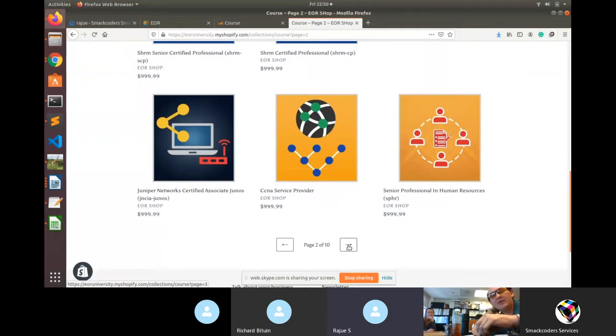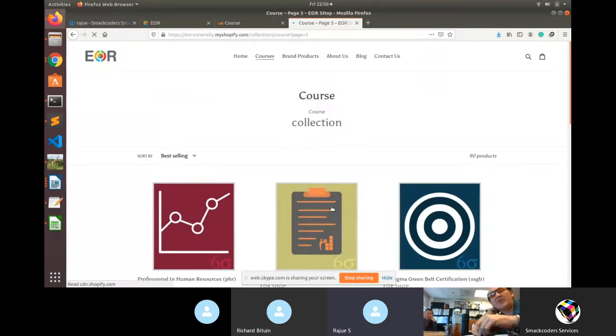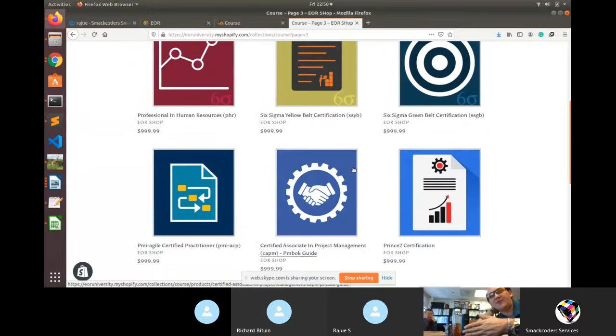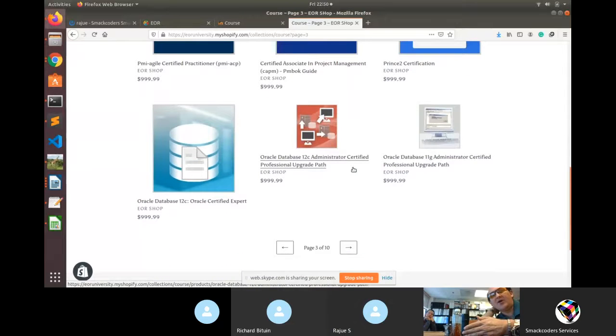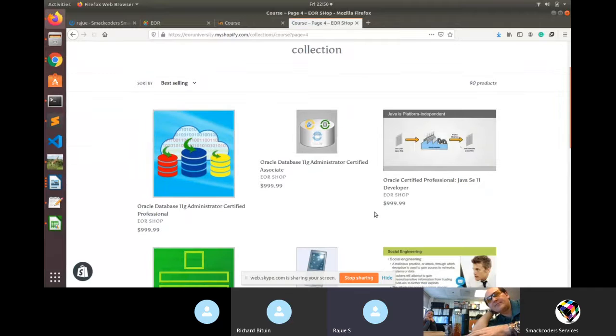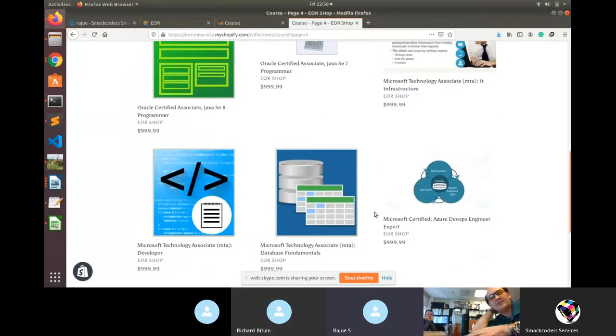On the Shopify theme, I don't know whether they give the option to change this. If it is there, I can do it. Right, good. And then searching through the courses, we should be able to filter the courses, hopefully as fast as you type. And if we wanted to go to page number 4, we could put 4 as opposed to clicking next. Then we need to go premium theme. Okay, that's fine. This is a free default theme. We can go with a premium theme.